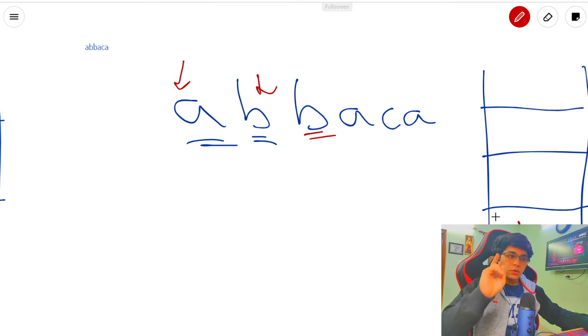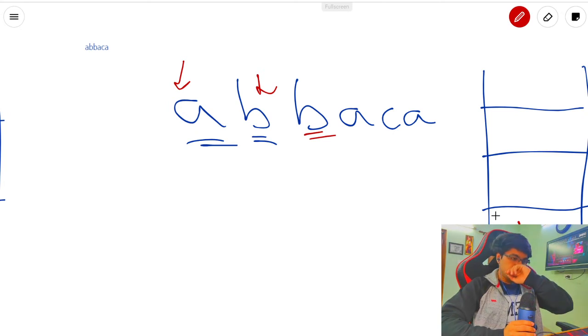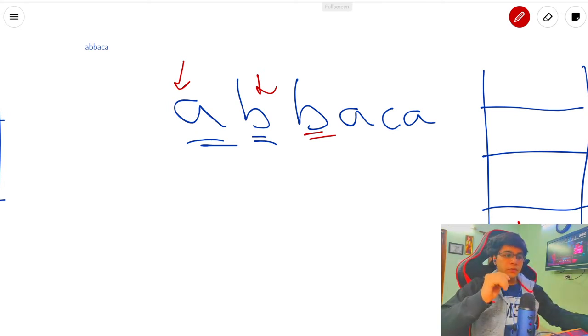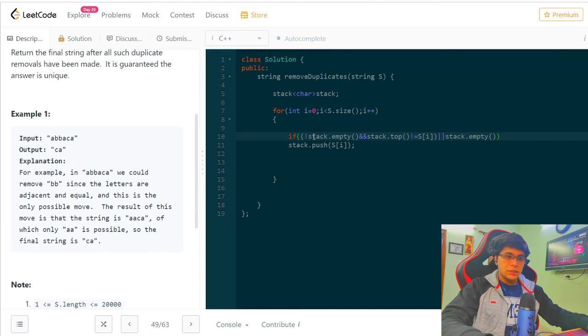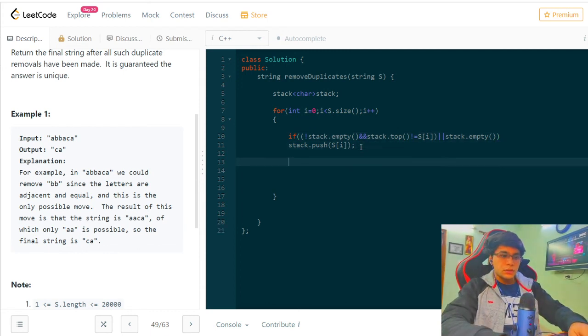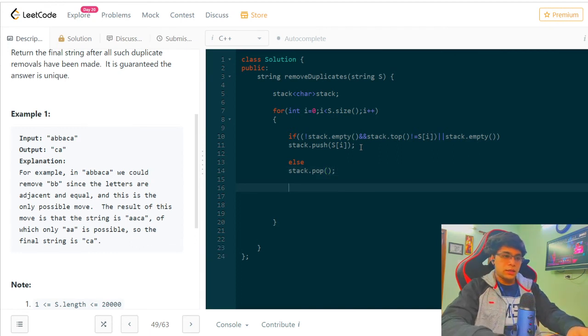So for pushing there are two conditions: either the stack should be empty, or the top element is not equal to the element that we are processing right now. If the stack is empty or the stack.top is not equal to that, then we have to push, else we have to pop the element.